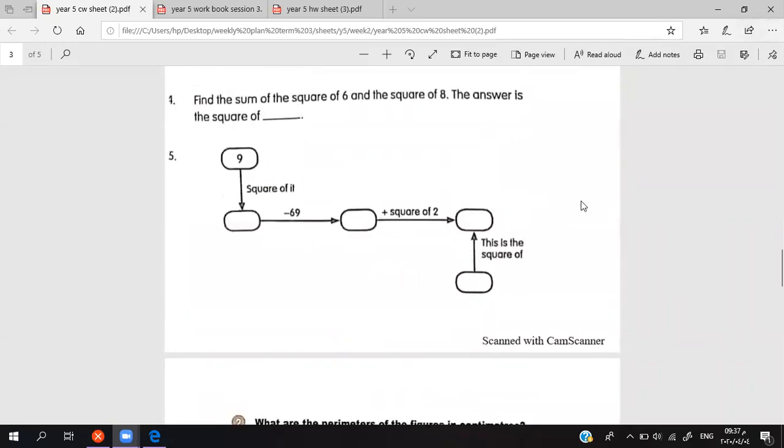And the last thing about the square numbers here, okay, 9. The square of it means 9 times 9. It's gonna give me an 81, okay? And then make 81 minus 69. It's gonna give me a 12,